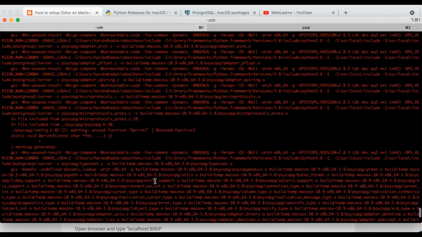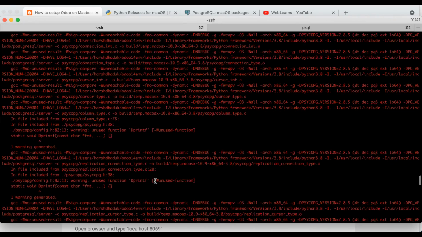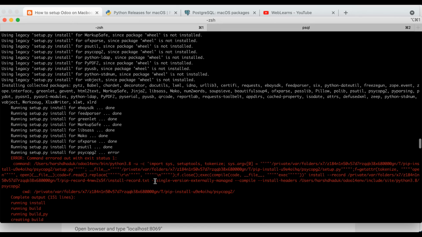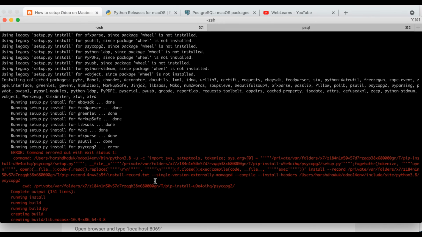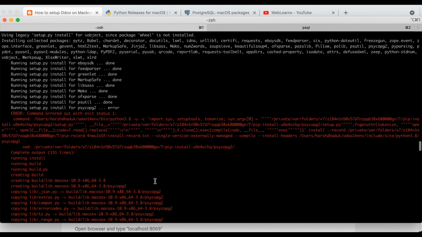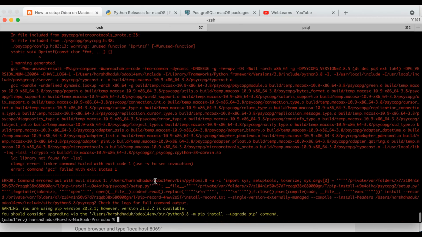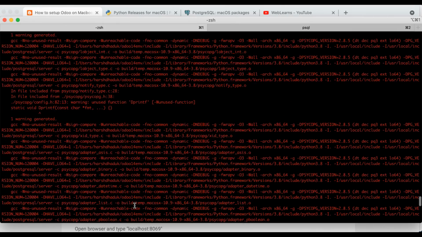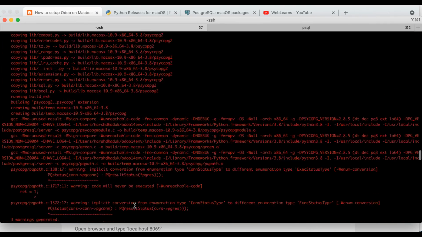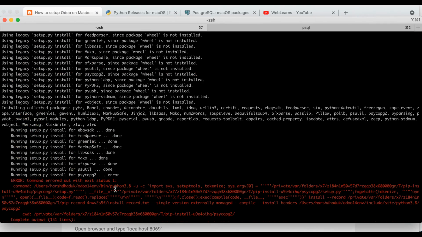Okay, so here you can see there is some issue while setting up Odoo, and probably 99 percent of users get errors like this. So you don't need to avoid it. You need to always remember why this happened and what the solution is. So you can go here, and you can see this is the last command it was trying to install. So simply we have to go here